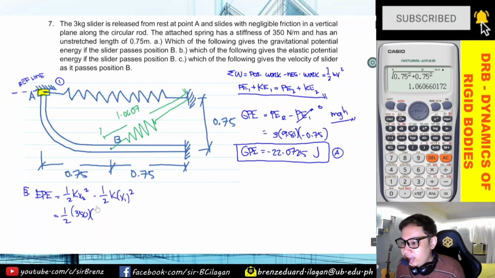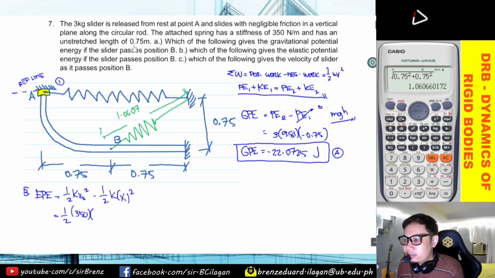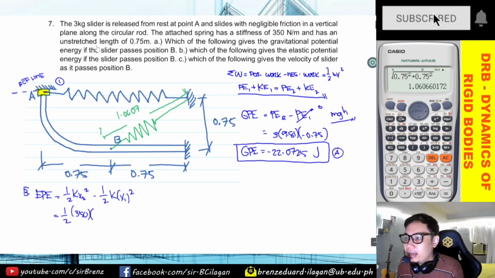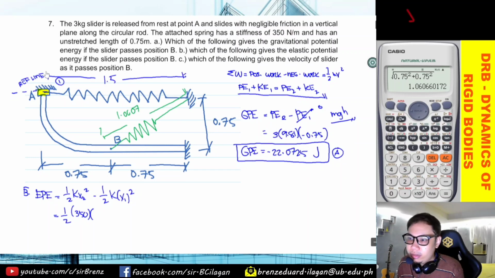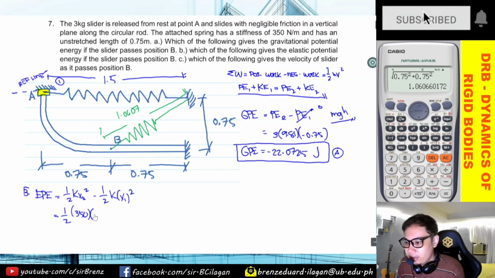And yung x na tinutukoy nga ulit dito, pwedeng x or s, so that is the difference between the stretched length minus the unstretched length. Ang haba niya nga dito is 1.5. So, paano nga ulit nakuha yung 1.5? That is just the sum of these two, 0.75 plus 0.75. So, that is 1.5 minus yung original length niya, which is 0.75